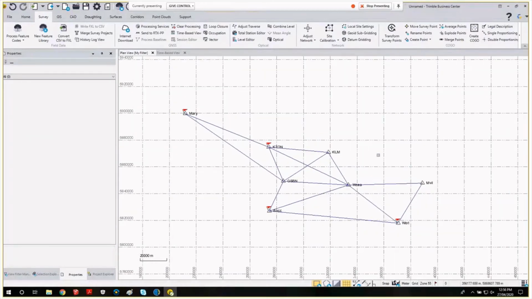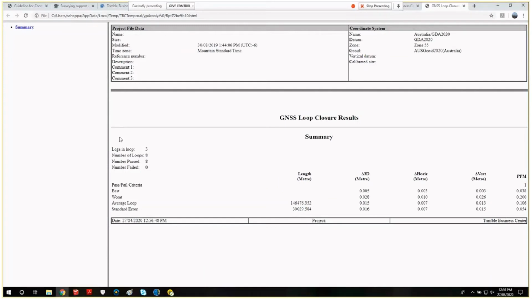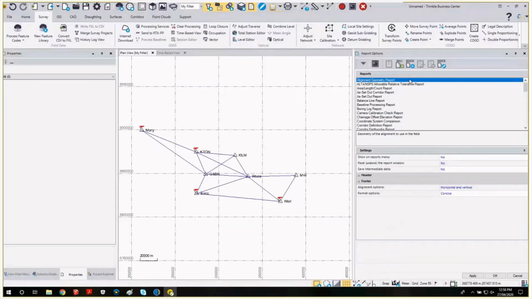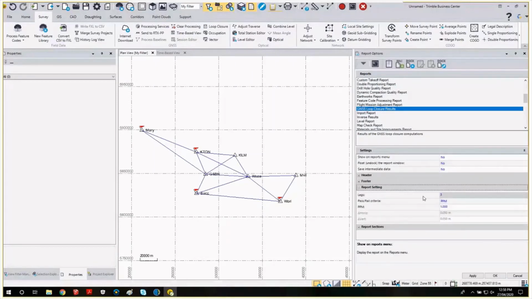One other thing we can do when we're trying to check through this data is a loop closure report. What this does is it will process the loops around, so connecting geometry of baselines. At the moment, we really don't see much other than the number of loops and that they all passed. What we could do, we just need report options. Now that report was the loop closure report, and what we ask it to do, report settings,